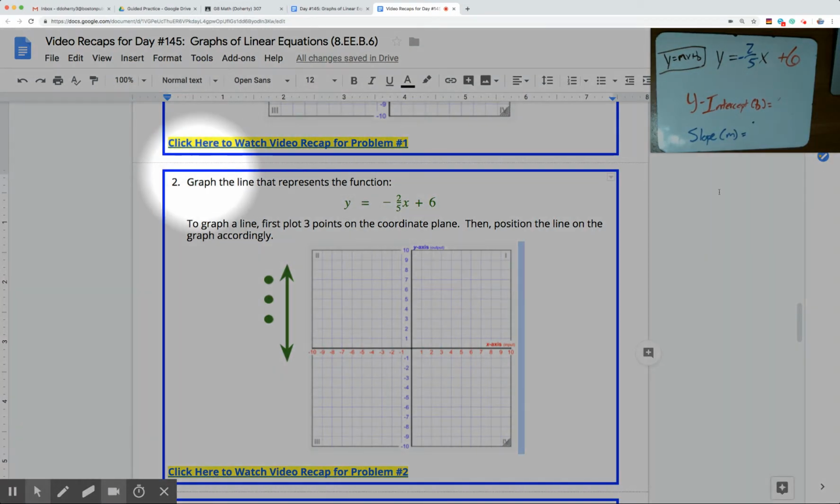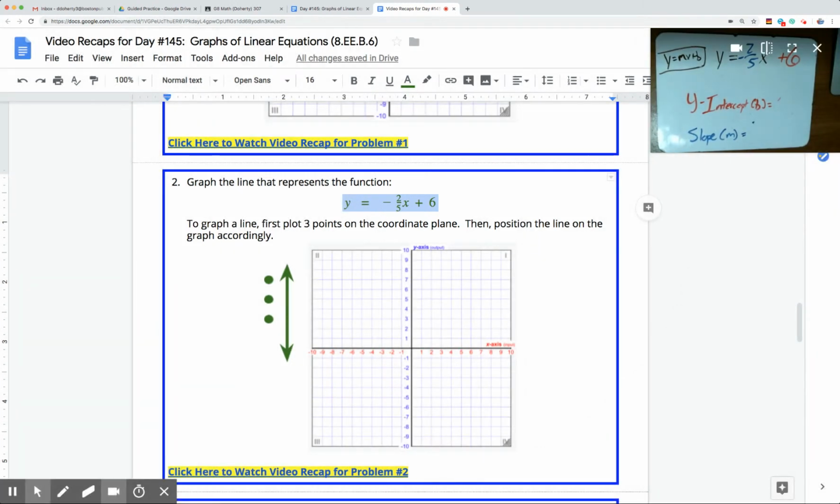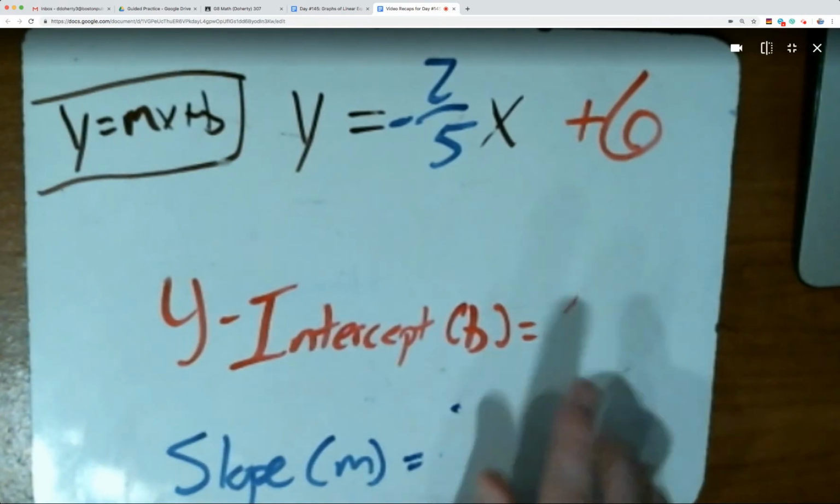For practice problem number 2, we are again told to graph a line that represents a linear function. The linear function we're provided with this time is y equals negative 2/5 x plus 6. You see that copied on my whiteboard up here as well. Similar to problem 1, we're going to focus on extracting information out of this equation that can help